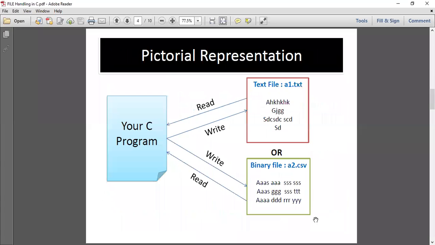Now, a pictorial representation of whatever we have discussed till now. You have a C program, and if it is a text file, say a1.txt, or if you have an existing file, maybe created by someone else, you can read the content through your C program. Or you can write with the help of w or append mode. Both the append and write modes help you to write content inside a file. The same operations